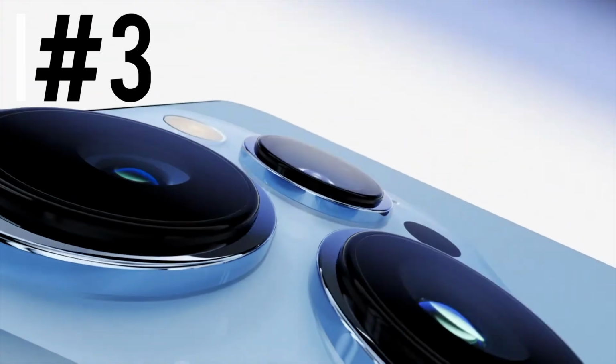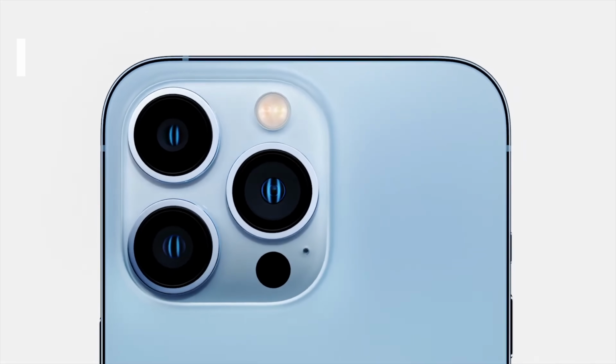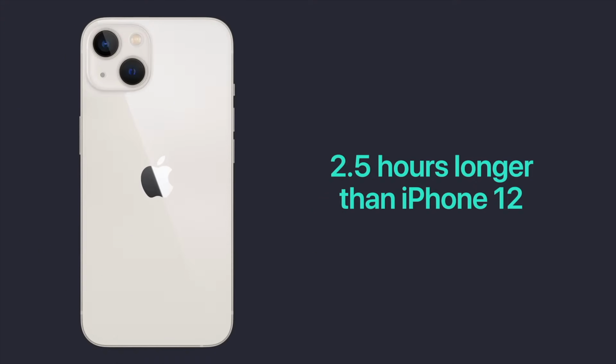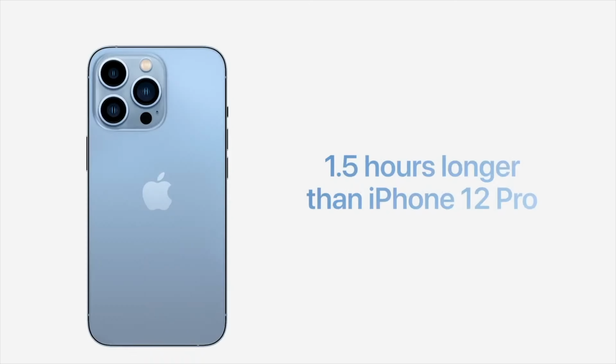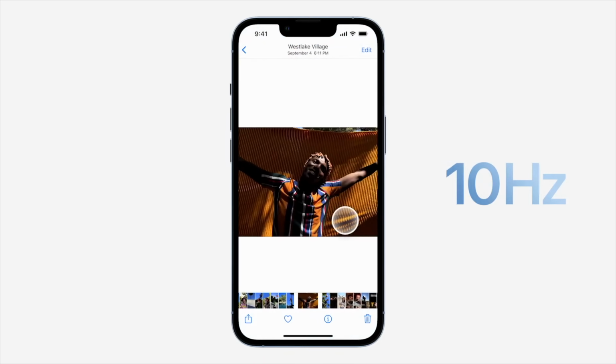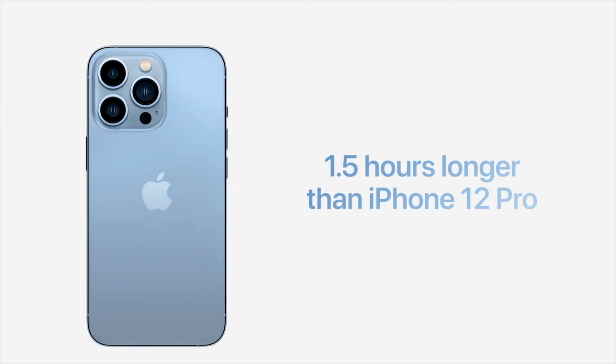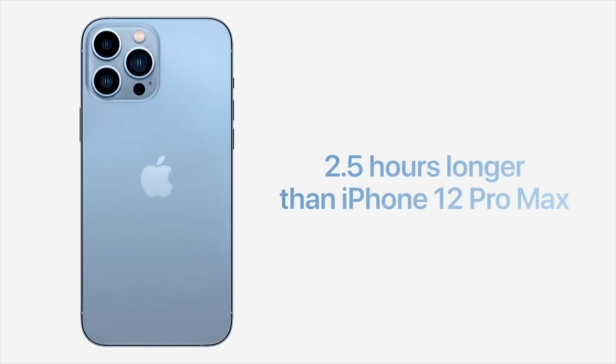However, that could actually cause an issue for some of you that care about battery life above everything else, and that's where mistake number 3 comes in. Don't think that you have to get the iPhone 13 Pro model to get the best battery life, because as it turns out, the regular iPhone 13 actually has a full hour more of real-world battery life compared to the 13 Pro, specifically because the 120Hz display drains more battery. So if battery life is the most important thing for you, then the iPhone 13 might actually be the right choice. Or of course, you can just go with the Pro Max model since it has the best battery life